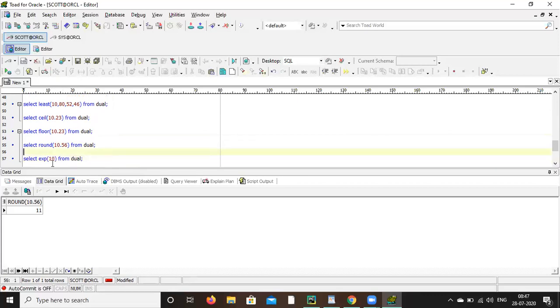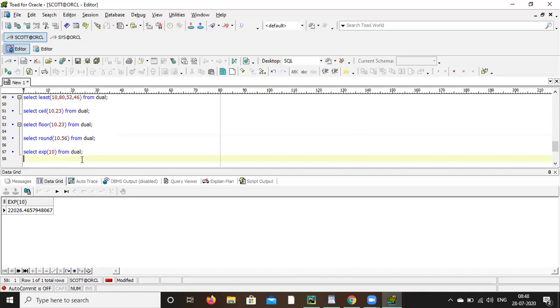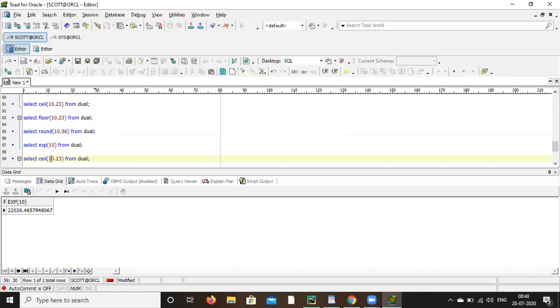Similarly, square root, SQRT. It will give the square root of that number.